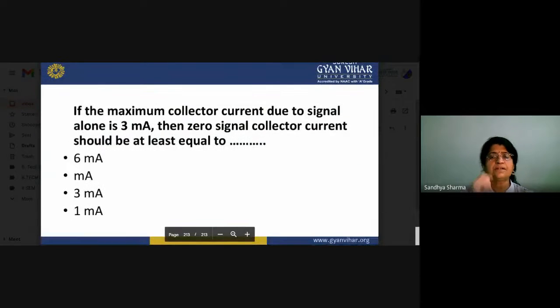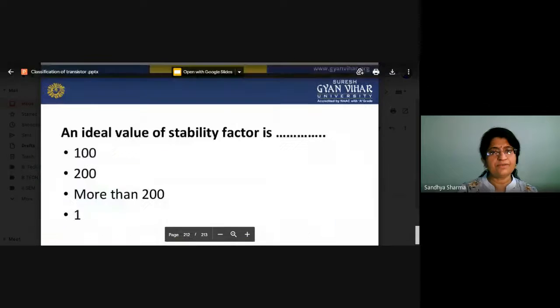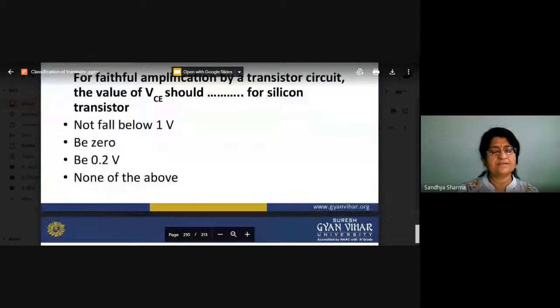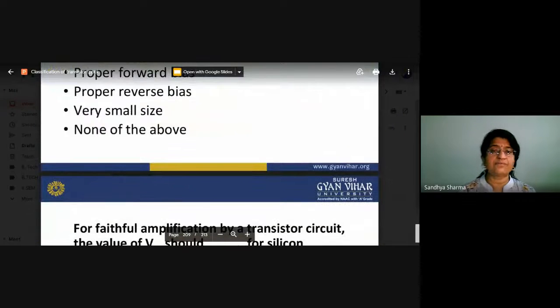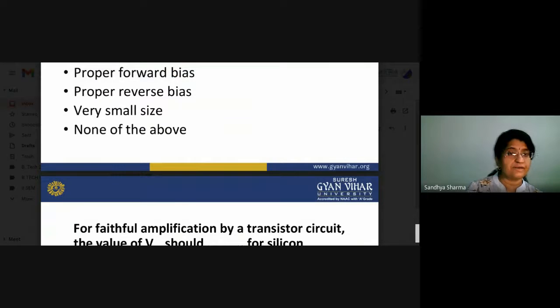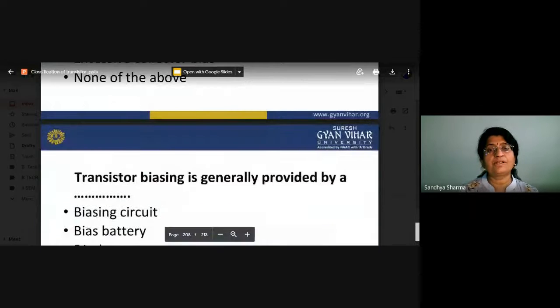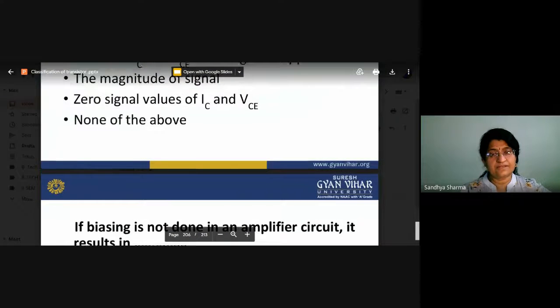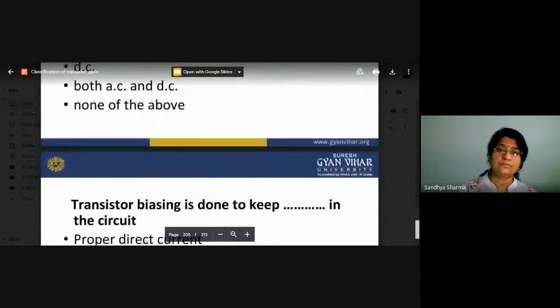If the maximum collector current due to signal alone is 3 milliampere, then the zero signal collector current should be at least equal to what? So what about the maximum collector current due to signal and zero signal collector current? You have to calculate the value of this one. So first of all we have to know about the biasing, thermal runaway, heat sink, and what type of devices we are working with. It is very important when you start working with a transistor, so you have to know properly